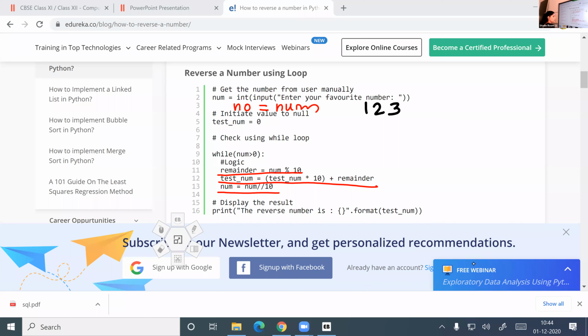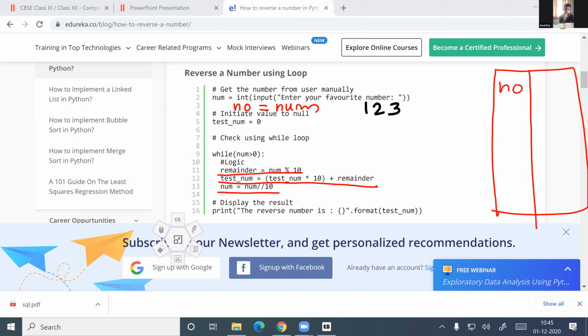Who can respond to me? Okay, Amal Raj. num is equal to int input, enter your favorite number. So the user enters 123. Then what is the next statement that I have written here? NO is equal to num. Amal Raj, what is the meaning of the statement NO is equal to num?